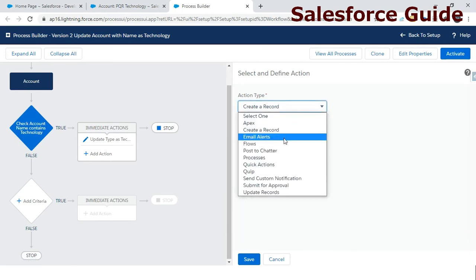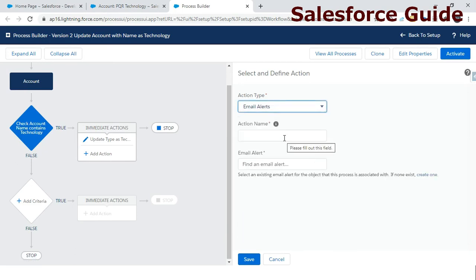The next thing is email alert. Email alert is useful in a scenario where you want to notify a user on a particular condition. In normal day-to-day scenarios, while making a purchase on Flipkart or Amazon, whenever you place an order, an email is fired to you saying that your order has been successfully placed. Such email alerts you can manage here as well. So this can basically be used to inform your customer or user that the activity they performed is done.